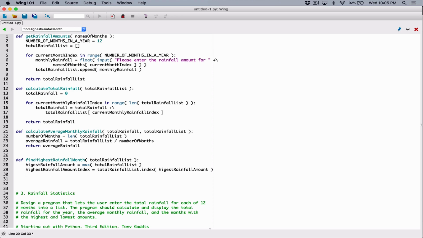So if there are 12 rainfall amounts in this list, then they'll have indexes from 0 to 11. Now remember, somewhere in our main function, when we are creating our program, we're going to create a list containing the names of the months. There will be 12 names in that list, with indexes 0 to 11. So if we have the highest rainfall amount index, then we can use that index to access the particular name in the names of months list. So in this function, let's also pass in